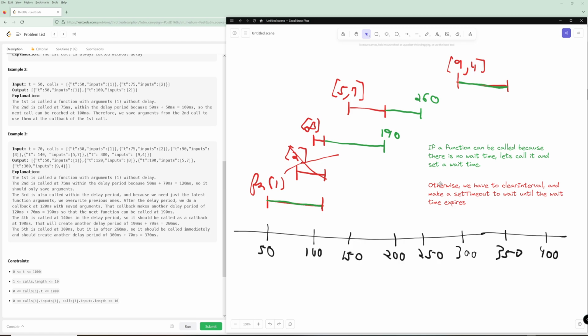Otherwise, we can't actually execute our function right away. So we have to do clear interval because, or sorry, it's not going to be a clear interval. It's actually going to be a clear timeout here. So I wrote clear interval, but it's going to be a clear timeout because essentially, for this function here,